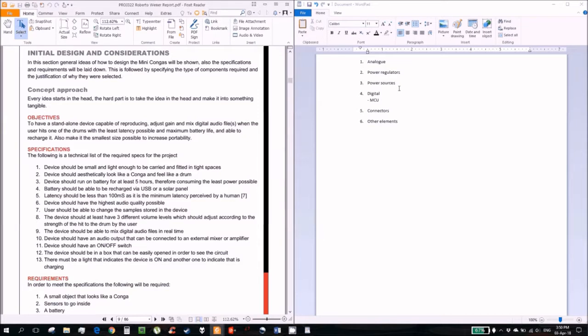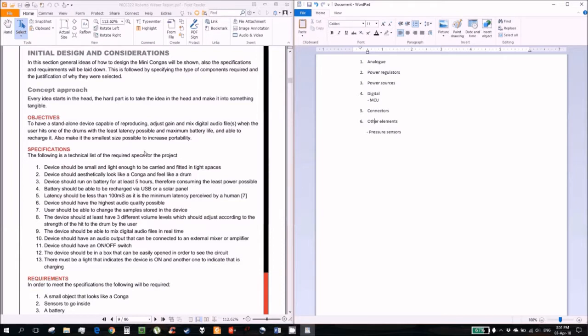So in other elements, we're going to add, we'll call it pressure sensor. Yeah, pressure sensors. Okay,